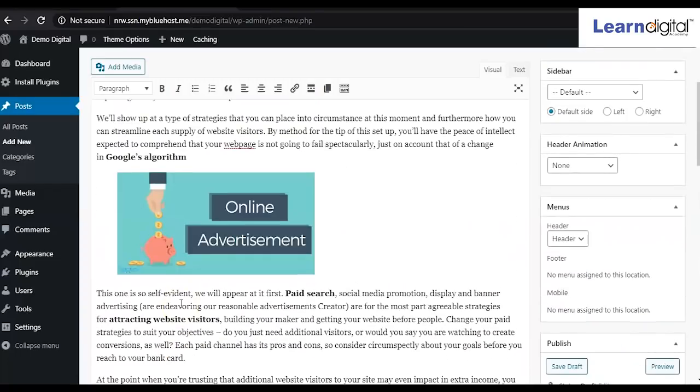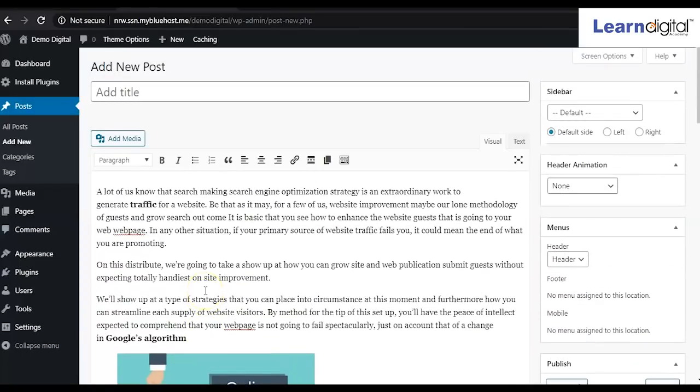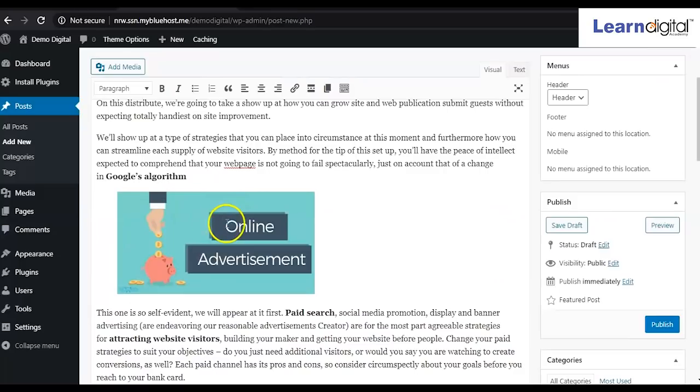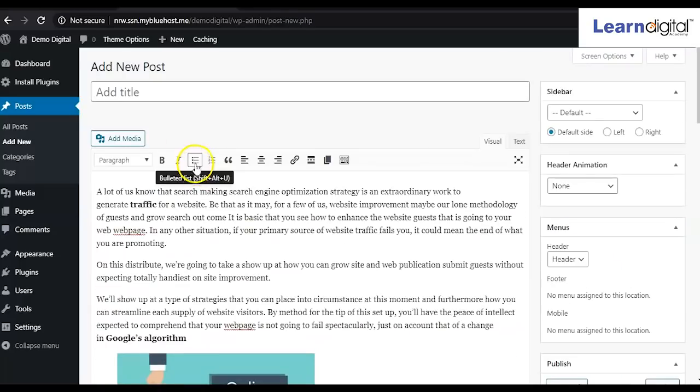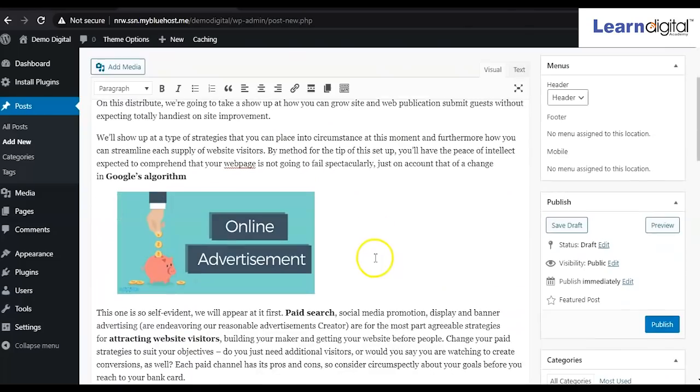So like that, with the images it came. You can work on the image alignment as well, and I'll be giving the title like drive traffic to your site. Now click on publish.